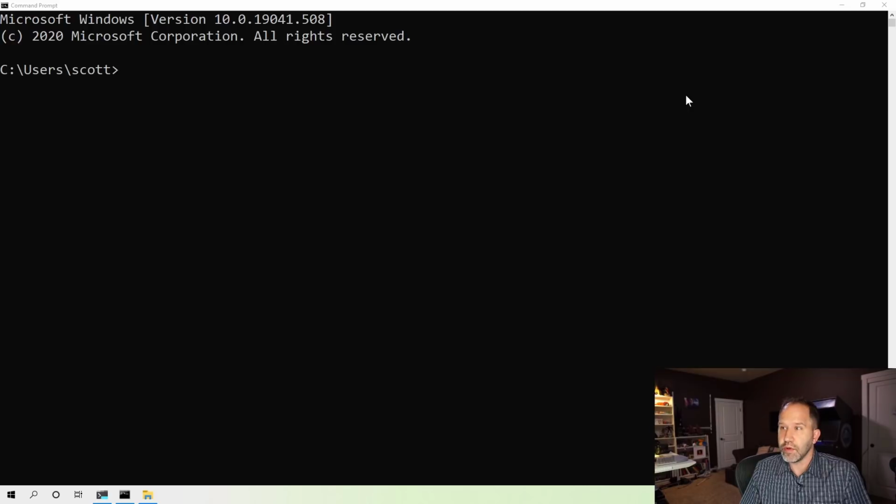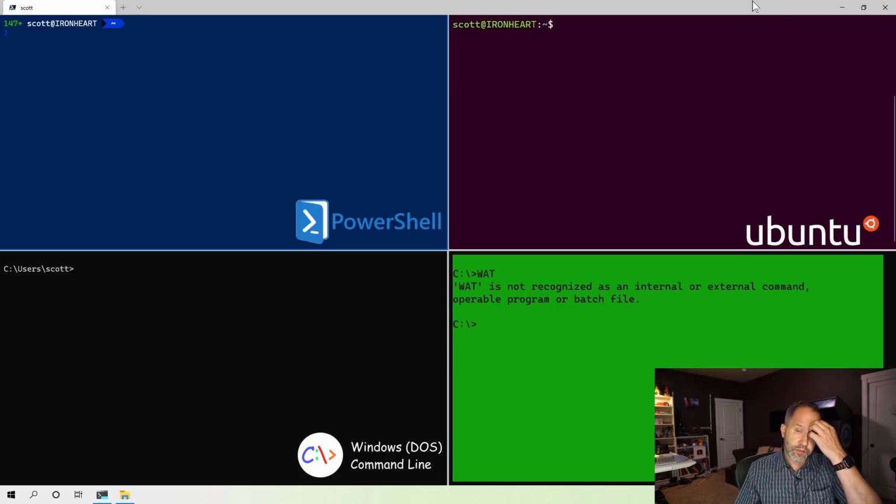I'm going to do it in a way that maybe you haven't seen before. What we're going to do is I've taken Windows Terminal here and I've chopped it up into 4 panes. Down here where I am, where this green area is not going to be used, that's where I'll be. We've got over here in the upper left corner, PowerShell. We'll talk about that. Down here we've got what used to be called DOS, but we'll call it the Windows command line, the command prompt, cmd, and then above me, right there in the maroon, we've got bash, the bash shell. I've labeled it Ubuntu because that's the operating system that you'll be most familiar with,